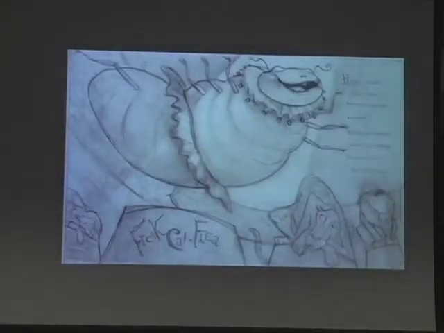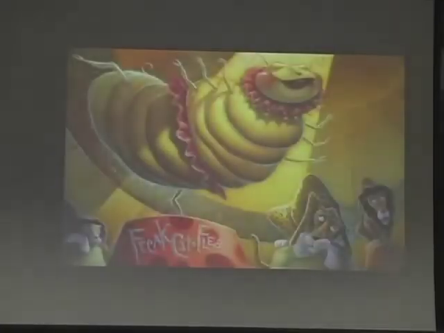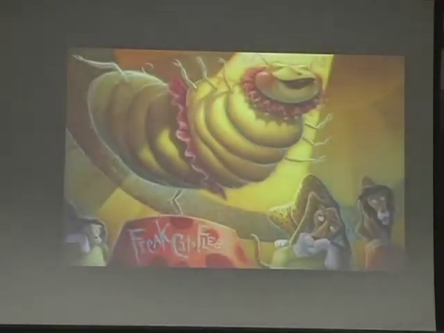So I did the sketch. The flea is wearing a tutu, and the cats are now big circus cats. It's a circus flea. So I kind of took it out of the way I had been thinking about it, tried to think outside the box a little bit, and turn this thing into a whole different kind of scene. Sent it to David, and he loved it. So we went to the final illustration.